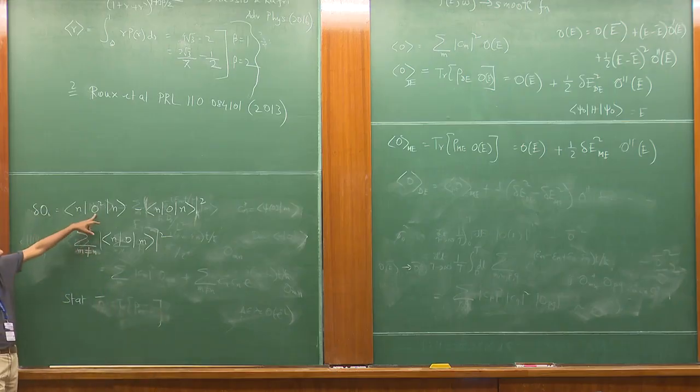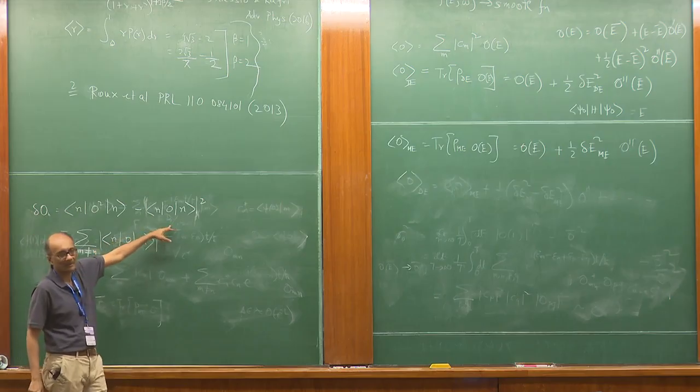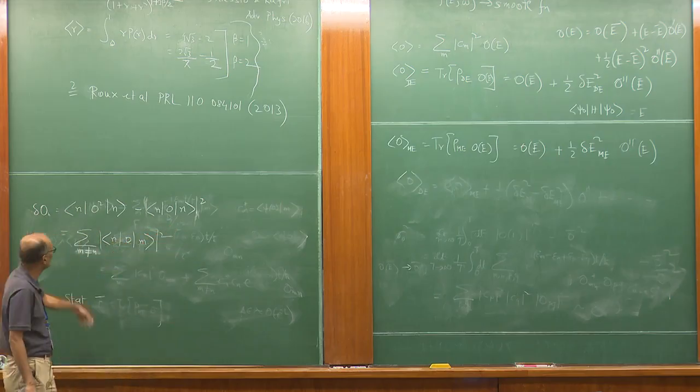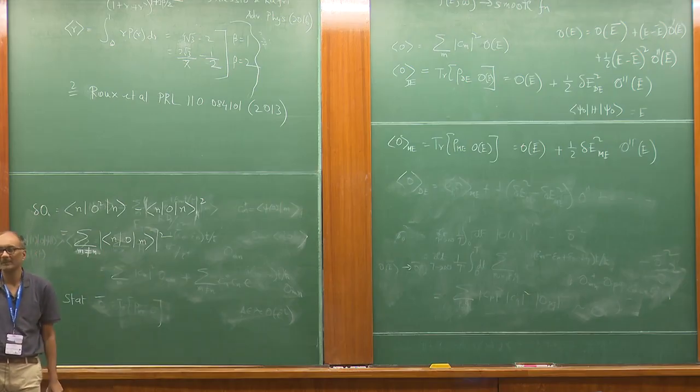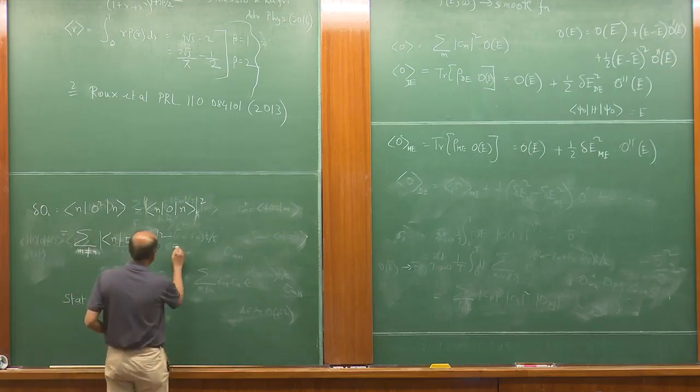The reason is that what I'm doing, I'm breaking this into O and O and then inserting a complete set of states. The set where m is equal to n gets cancelled here. That's the disconnected part of the correlator, and then the rest is this. Okay. So this, if I write down, is typically the matrix element of ETH where n is not equal to m. So this would be summation over m